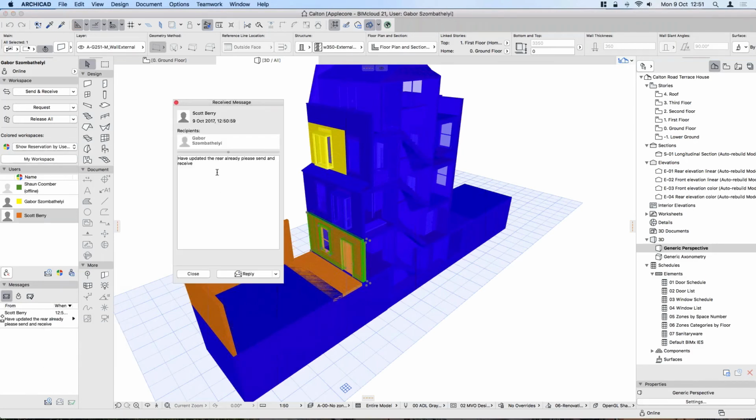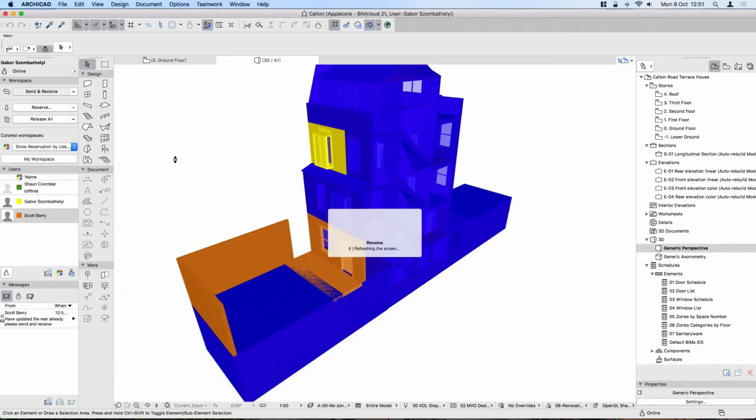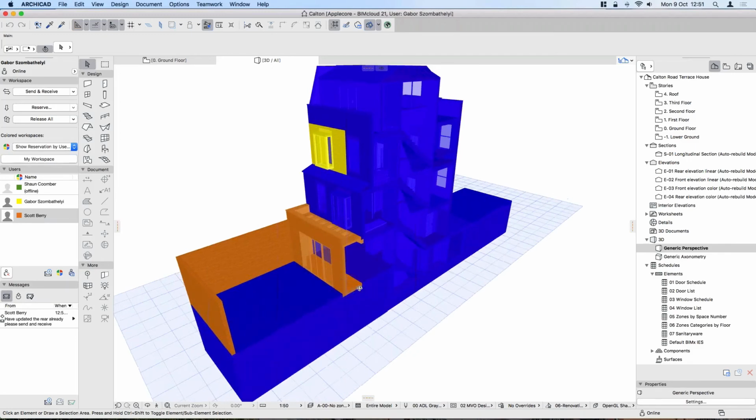He has already done that, so he has sent and received, so I am now ready to send and receive as well. So I can just go ahead and say that I would now like to see the changes that Scott has made. So when I press the send and receive button, ArchiCAD now connects to this BIMcloud instance and downloads the information, so I can now see what's happening